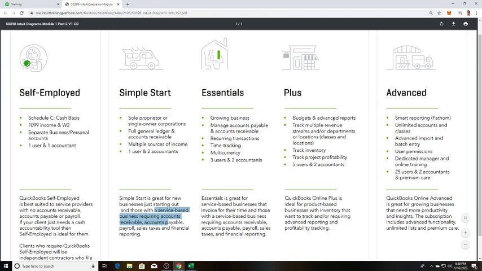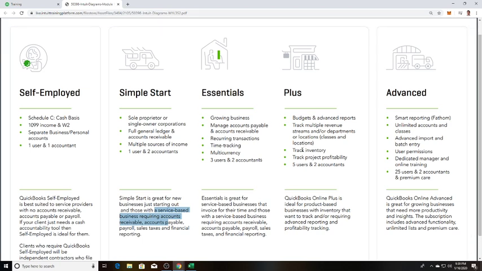Budgets and advanced reports. Track multiple revenue streams and or departments, or locations, classes and locations. Okay. Track inventory. Track project profitability. 5 users and 2 accountants. QuickBooks Online Plus is ideal for product-based businesses with inventory that want to track and or requiring advanced reporting and profitability tracking. And the next